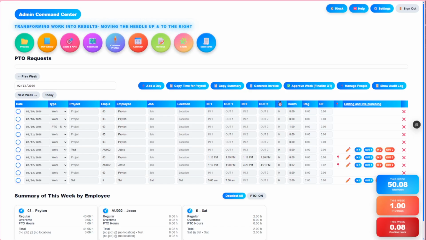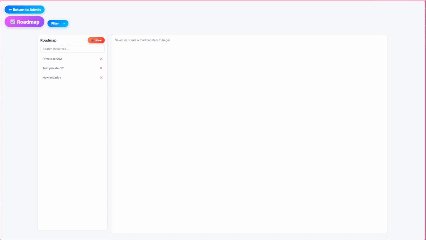Roadmaps are really underestimated for how important they are to a business in providing transparency to employees, customers, everyone. So you get to roadmaps through one click, just like everything else on the admin page or the employee page. You will both get put into the same page here, and visibilities and permissions being set are what separate who can see what. So already I have a few here listed, but let's say you wanted to create a